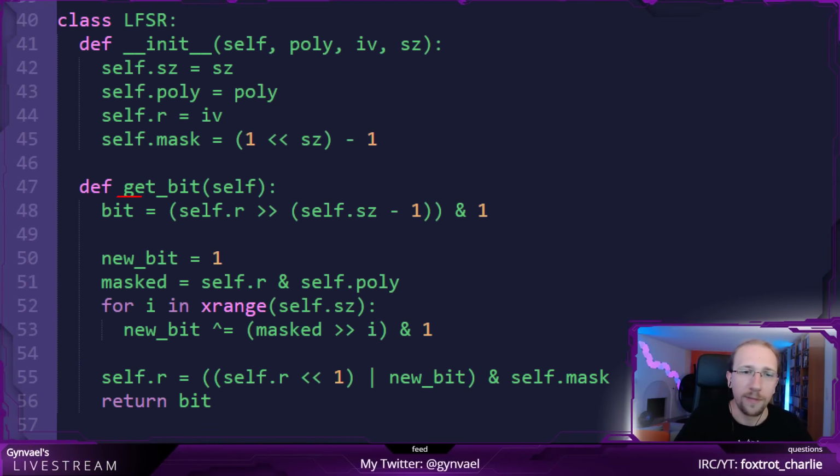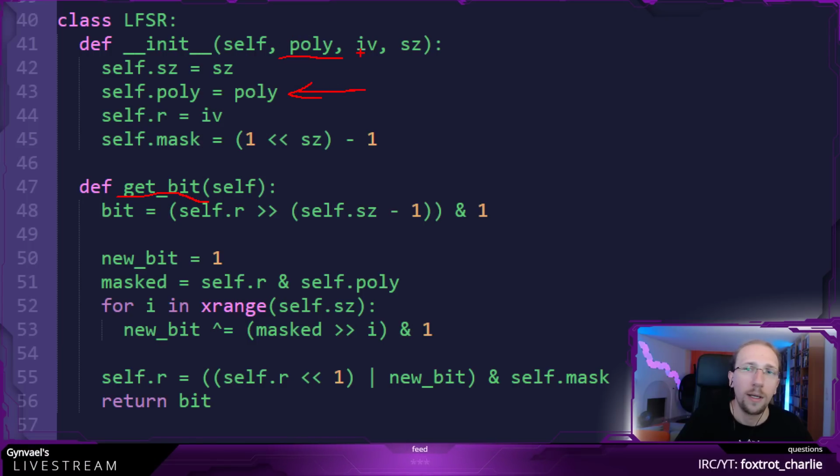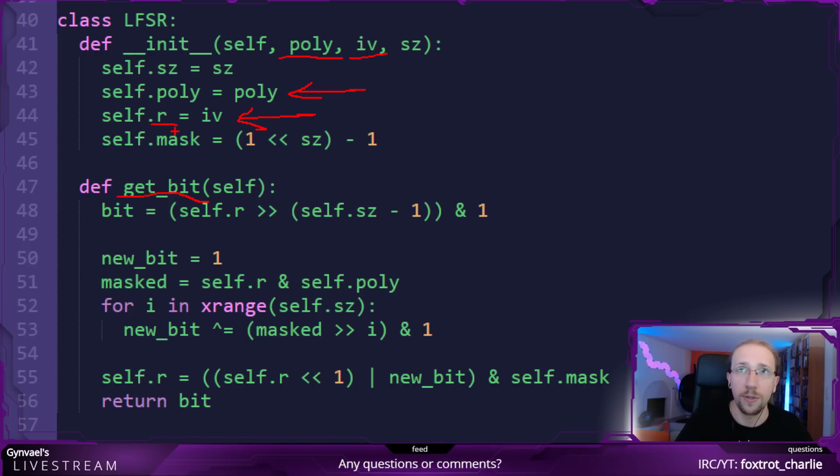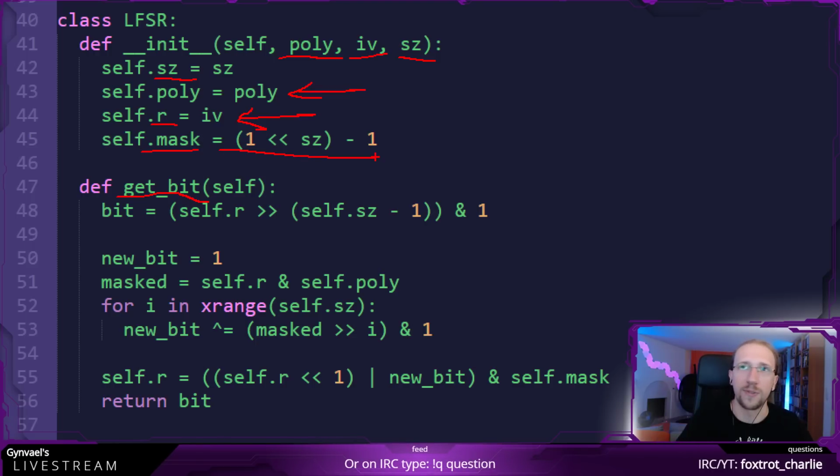There is the get bit function, which is basically the only function here. We initialize it by giving it the polynomial, and giving it the initialization vector, which is R. R is the register, so this is the initial state of the register. And then it also calculates the mask because of the size of the polynomial. The mask is just all the bits, 20 bits set, for example.